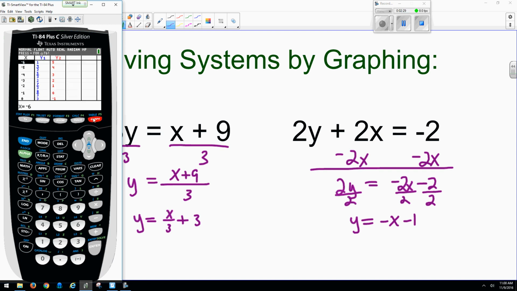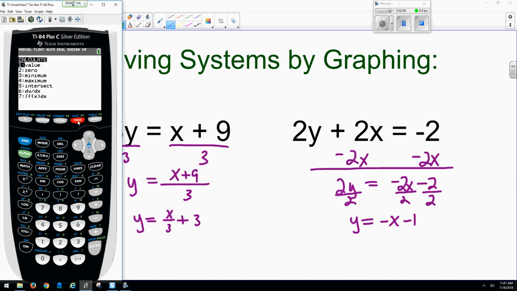So if I look at the table of values right here, I see that when x is negative 3, the y values are the same in both columns. And so that's going to be our solution. But I do want to show you another way, because sometimes it's not always clear on the table. So I'm going to go to second trace